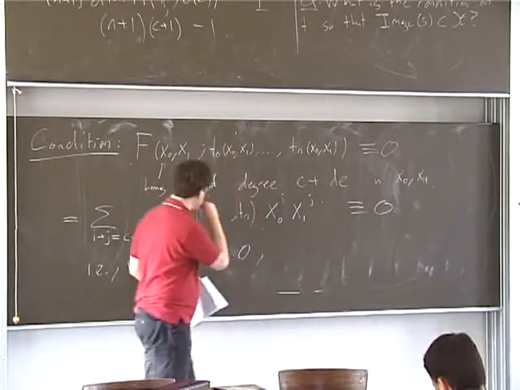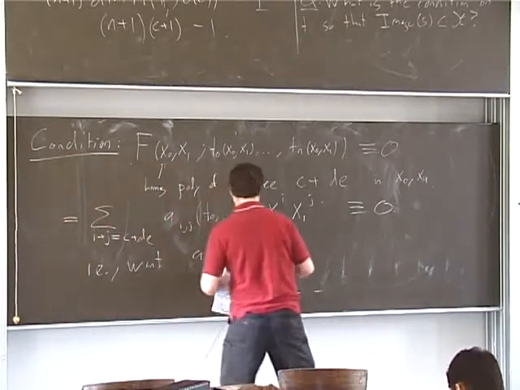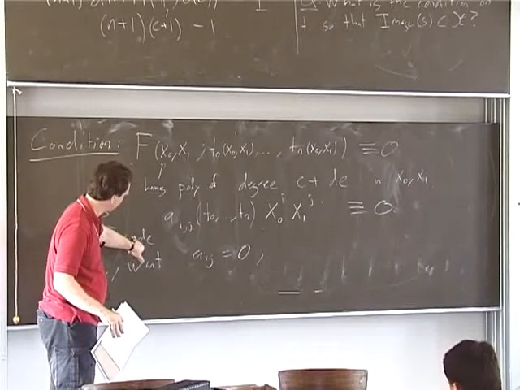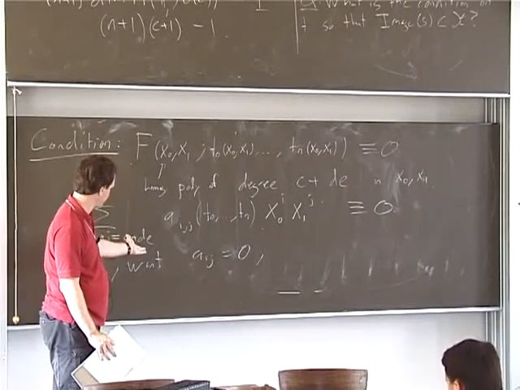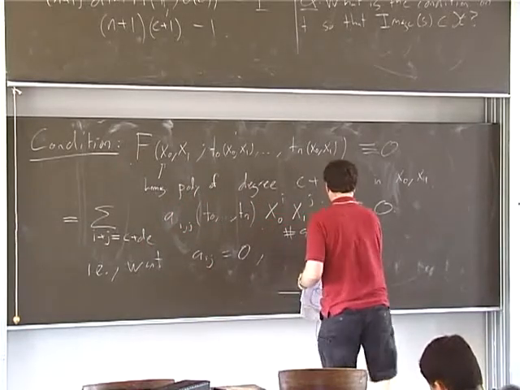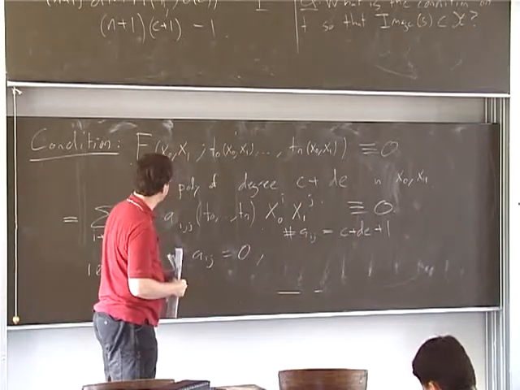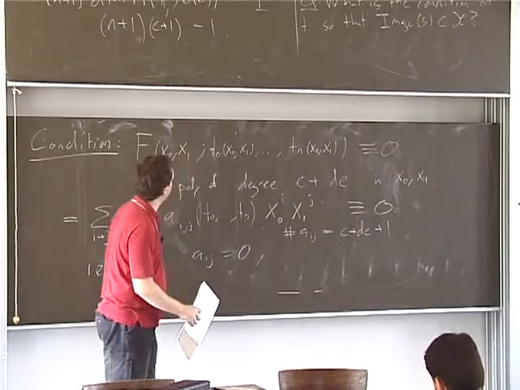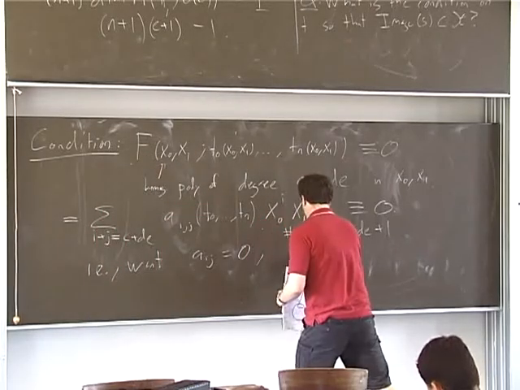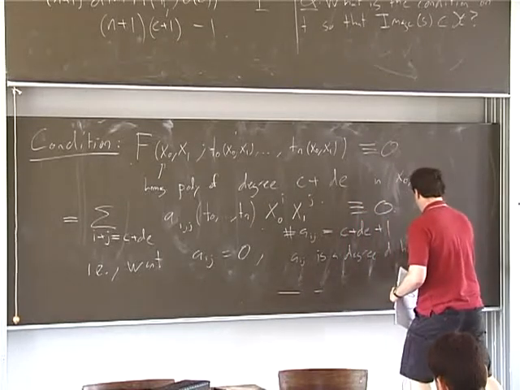Now, what are the a_ij's? Well, first of all, how many of them are there? There are c plus de plus 1. So the number of coefficients, the dimension of the space of polynomials of degree c plus de in x0, x1, is c plus de plus 1. So the number of a_ij's is equal to c plus de plus 1. And each of these a_ij's is itself a homogeneous polynomial in T0 through Tn of degree d. So each a_ij is a degree d homogeneous polynomial